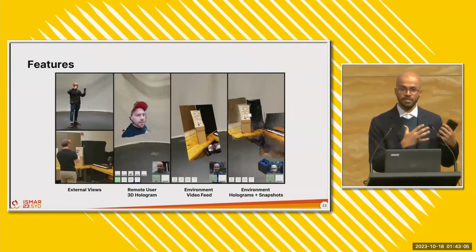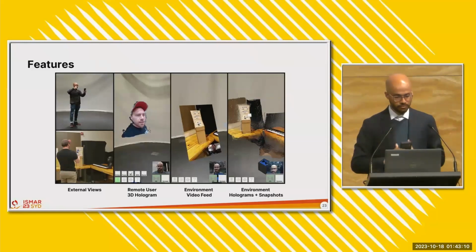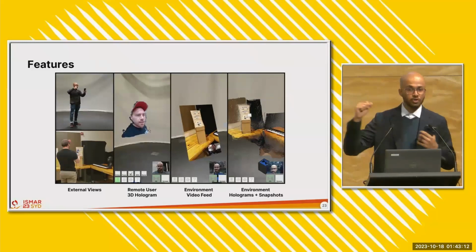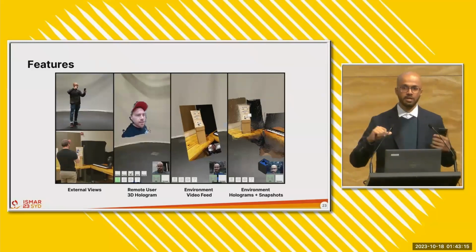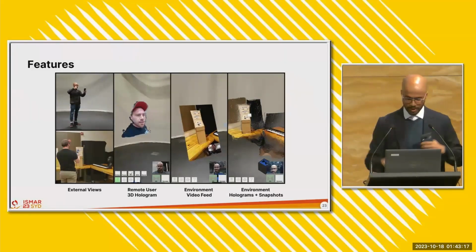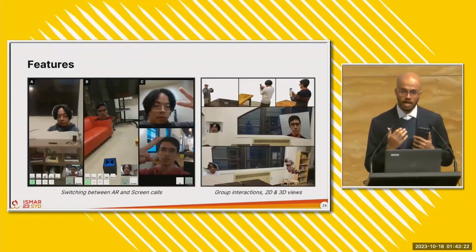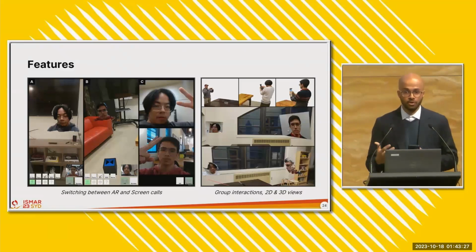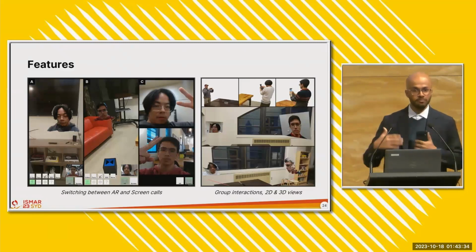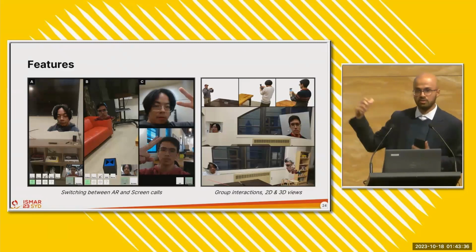So either as video feeds or as point cloud-ish representations that move in space based on the movement of the phone. As I mentioned, it's also possible to take snapshots of the environment to create a persistent shared space across 2 locations. Finally, we leverage the familiarity of mobile devices and allow users to seamlessly switch between a spatial AR call and a normal mobile video call, depending on the context at hand. And because we're using mobile devices, this scales very easily to groups of multiple people, as you see over here in the example of a group conference call around a table.